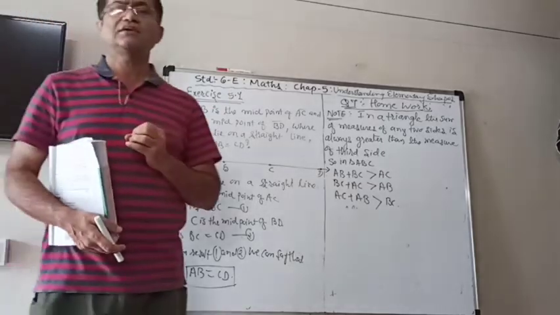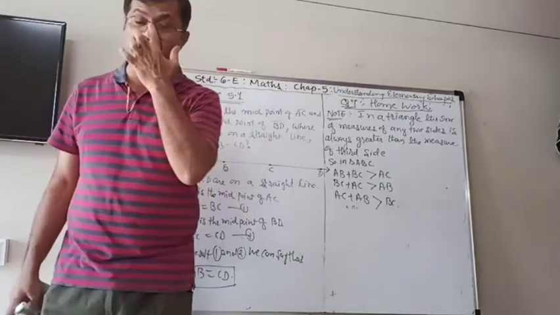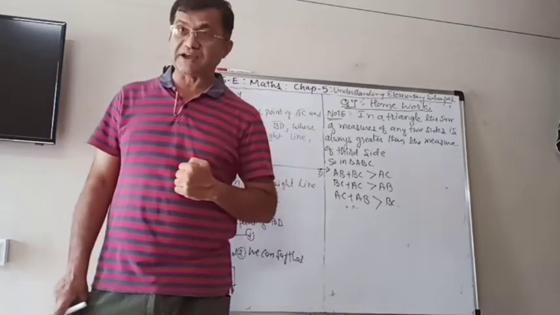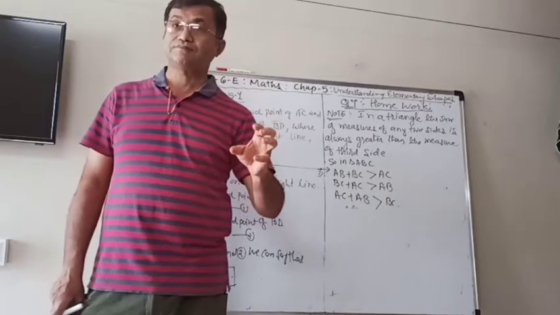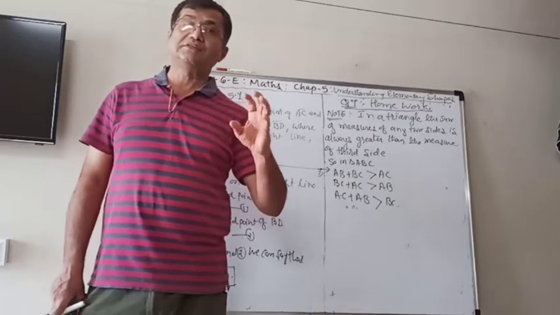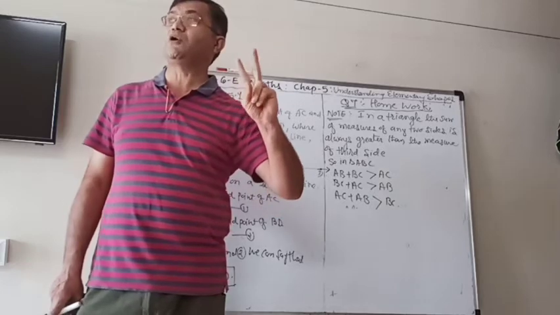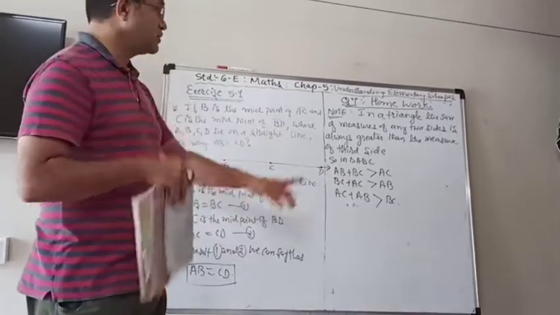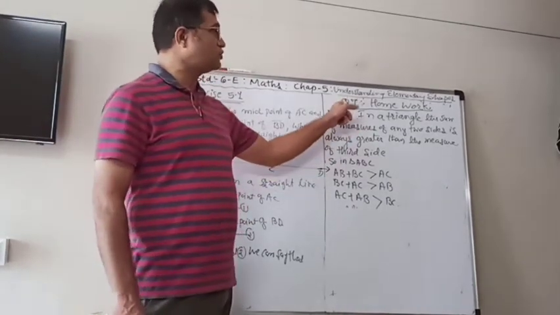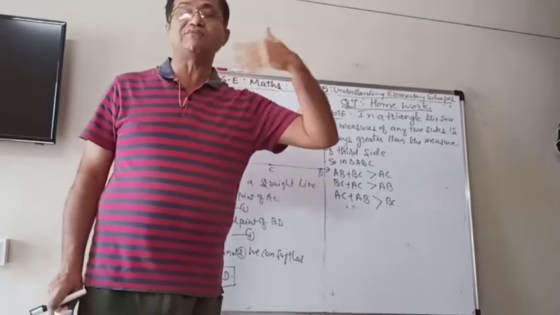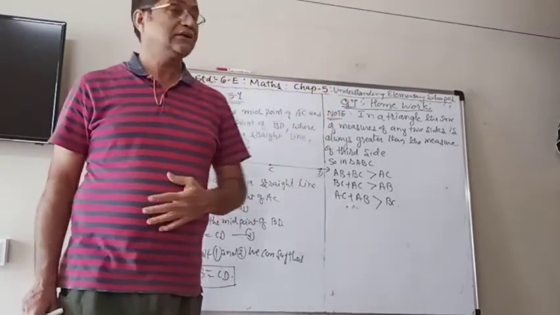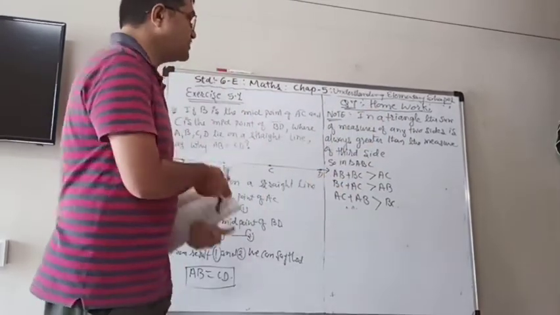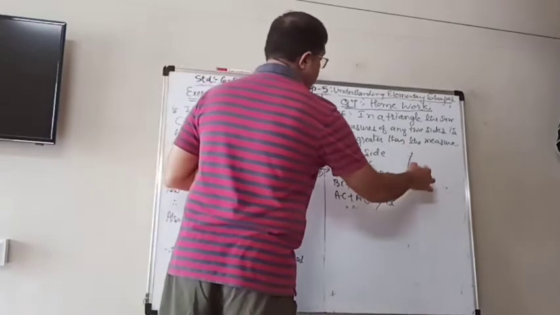Now question 7 says that we have to draw 5 triangles, find the measure of all 3 sides, and check. The sum of the measures of 2 sides will always be greater than the third side, and that is what we have to check. So here I write down a note also. You will do this as homework, and this is only for knowledge which will be useful in the future: in a triangle, the sum of the measures of any 2 sides is always greater than the measure of the third side.